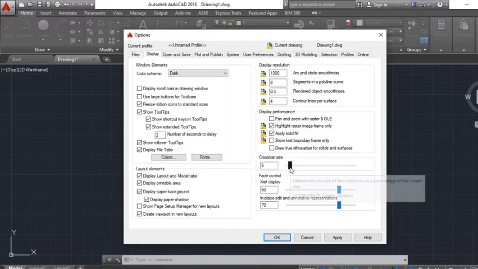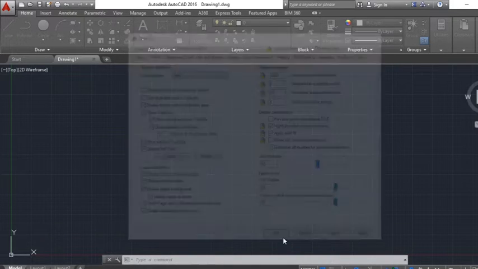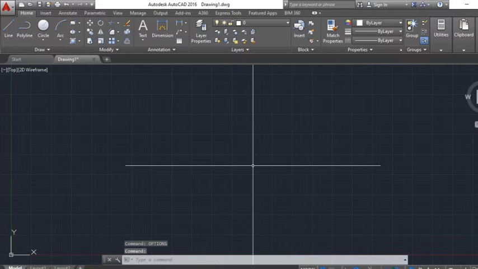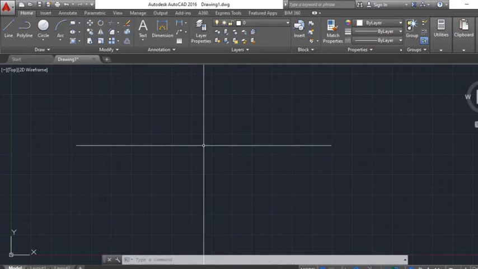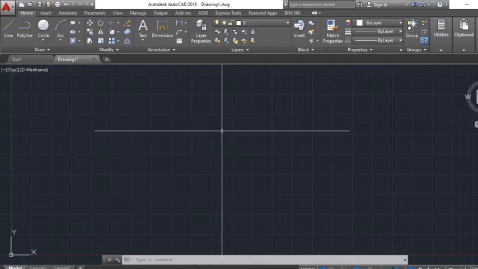Then adjust your cursor size to, let's say, 50 will do. Then hit okay. Now I see the cursor has changed, I've increased it a little bit for us, so we can use it. Simple. And for the background, if you don't want to work with a black background, you want to work with the white,